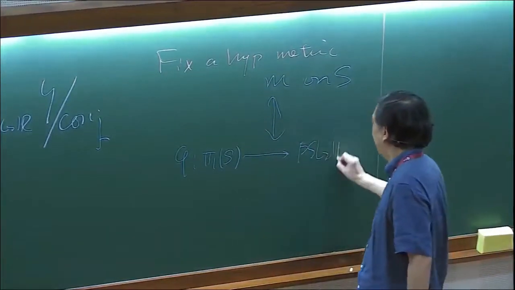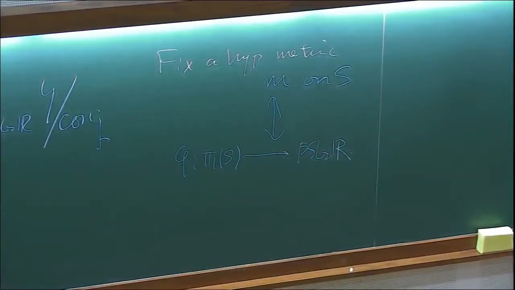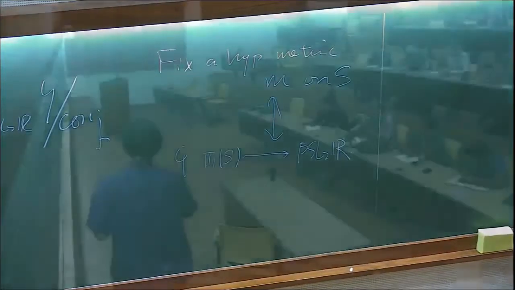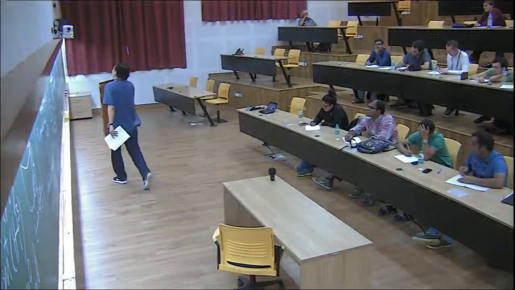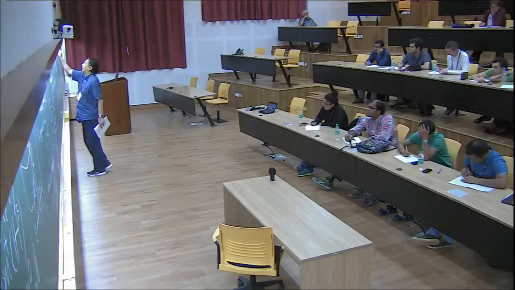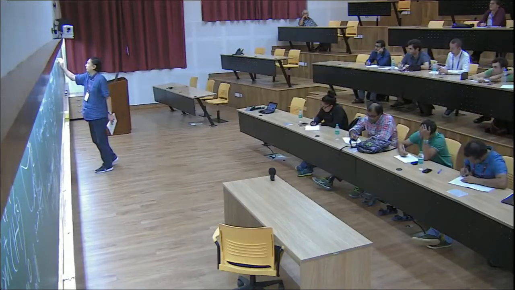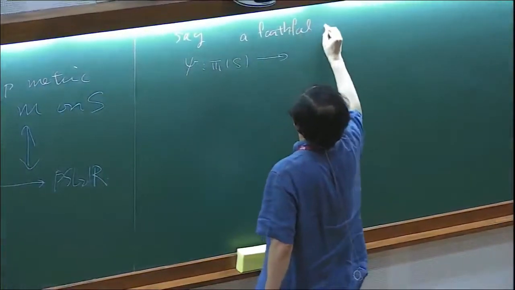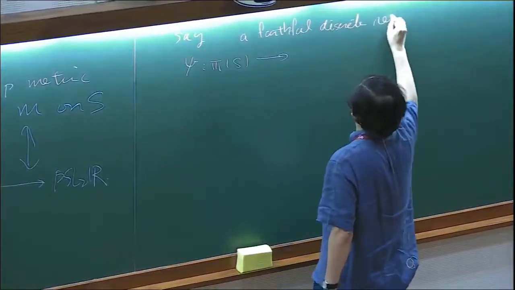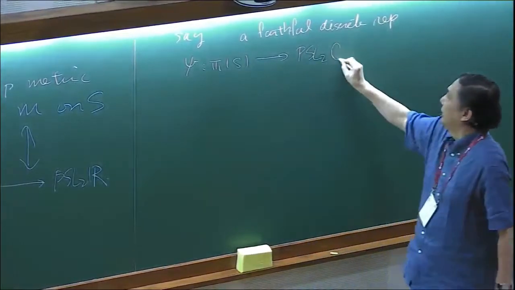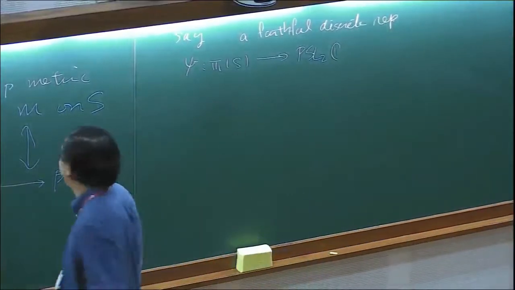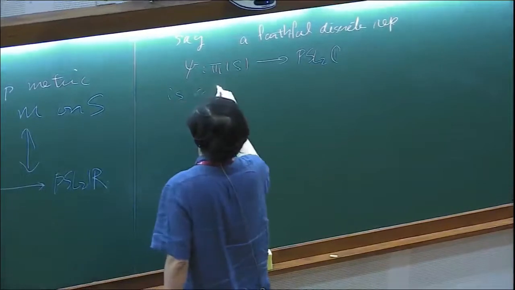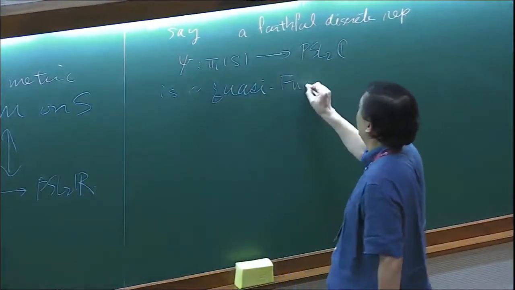a faithful discrete representation phi of pi 1 of S into PSL2R. Now, I'd like to deform it in PSL2C. So we say a faithful discrete representation psi of pi 1 of S into PSL2C is quasi-Fuchsian